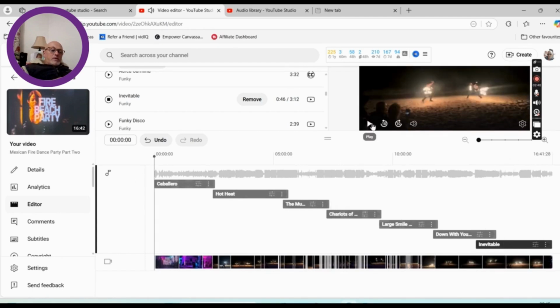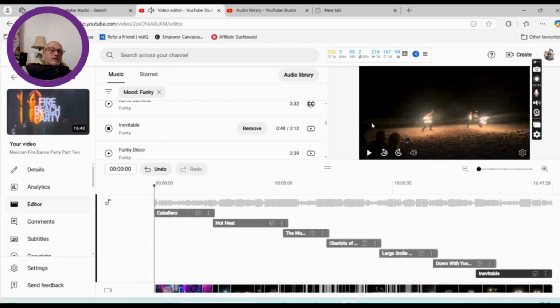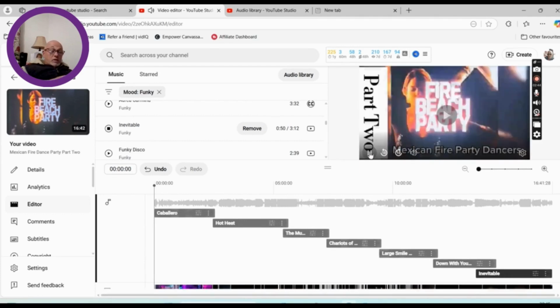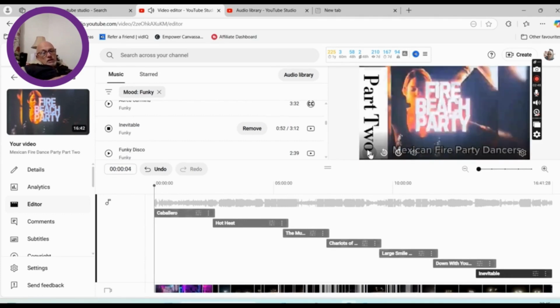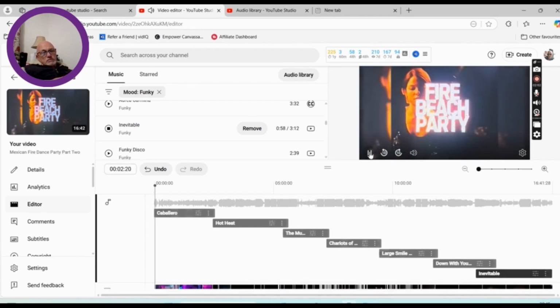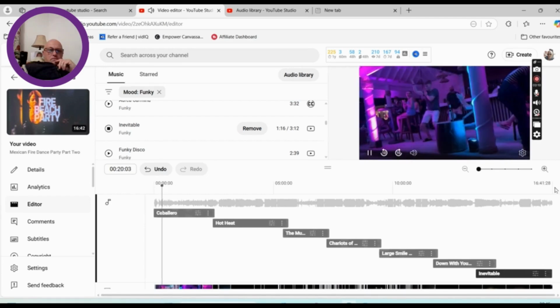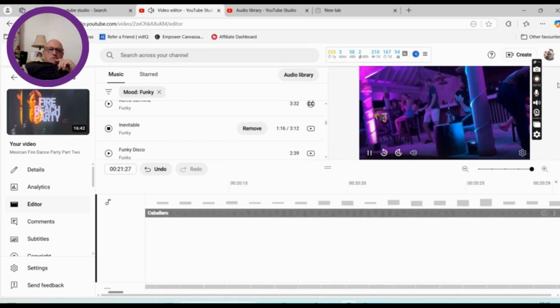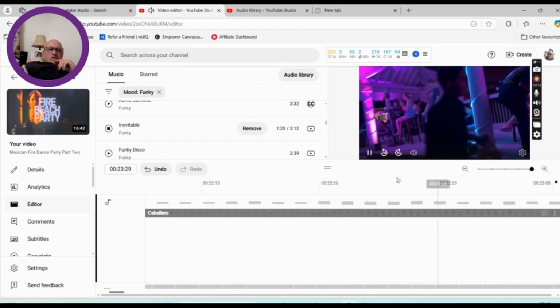Any audio added will overwrite. If you've uploaded a video with music, it will overwrite it with whatever track you've added. And once you've done that,